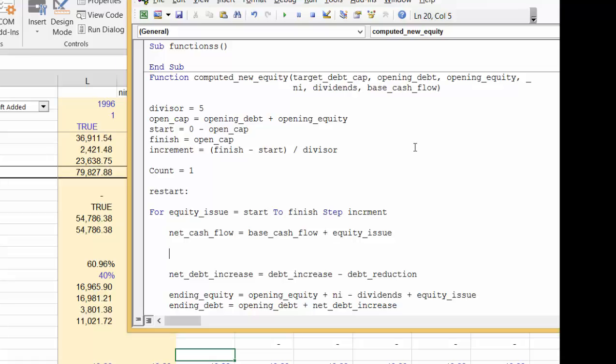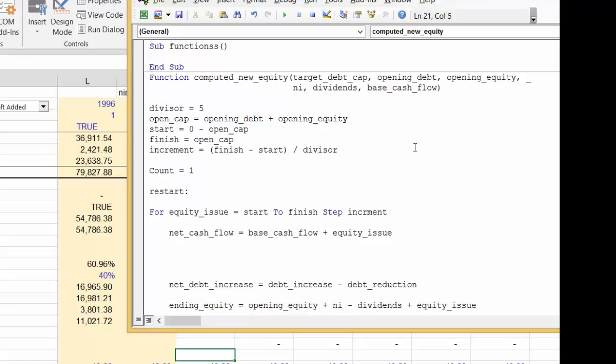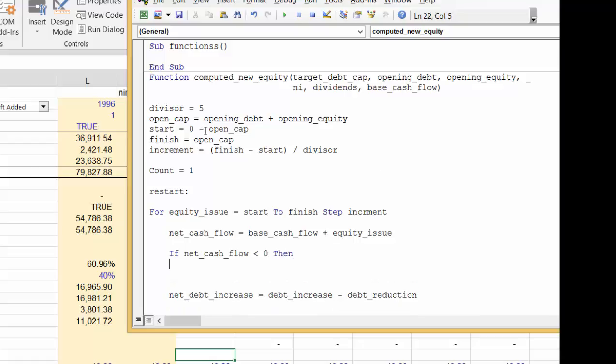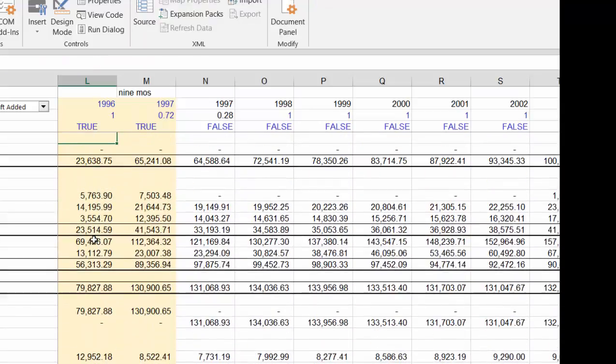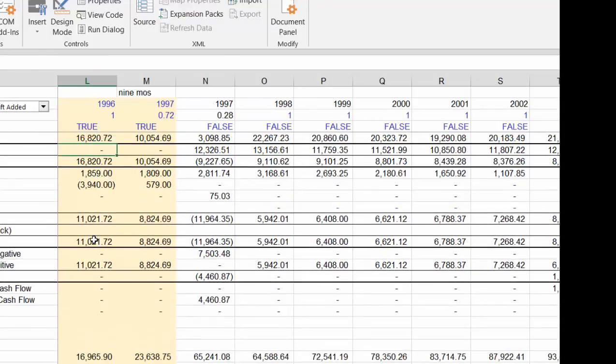Once we have the base cash flow, if the net cash flow is less than 0, now we can go back here and see what we do. So remember, if the cash flow is negative, then we need to add